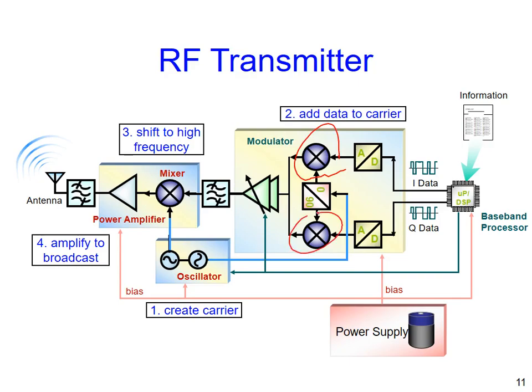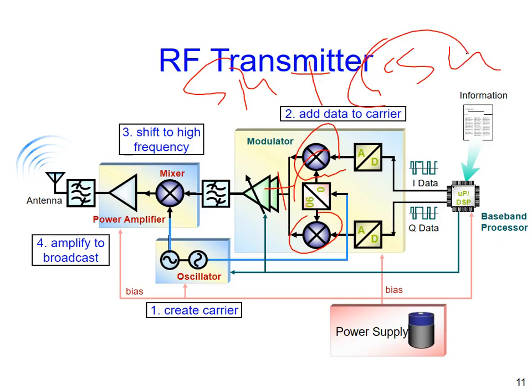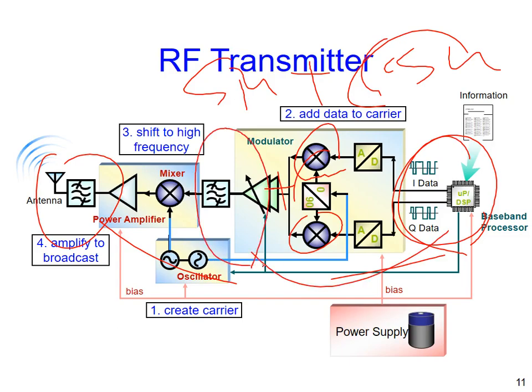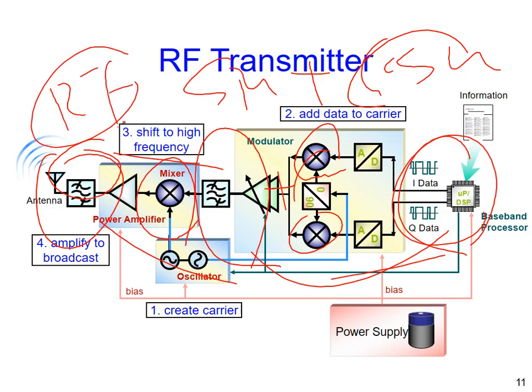After separate modulation, then you can combine. You can sum them up. Never mind sine plus cosine to the air. But usually, to enhance the sensitivity, we don't convert the baseband signal all the way to radio frequency. No, the sensitivity will become too low. So usually we convert baseband to medium band. Then another mixer helps you push the medium band signal to the radio frequency band. That is the usual case.